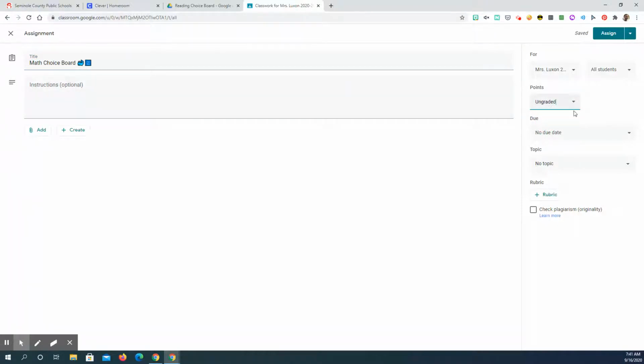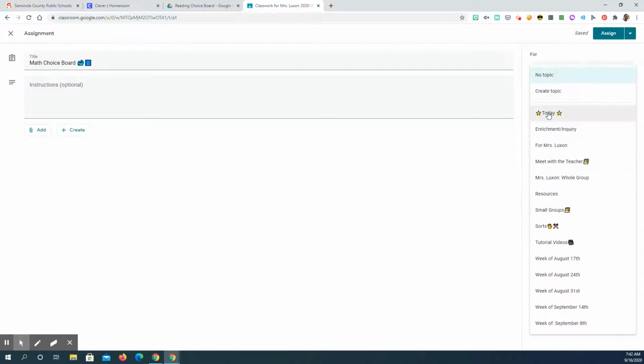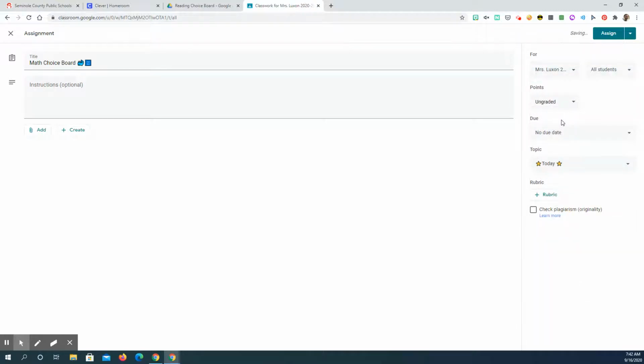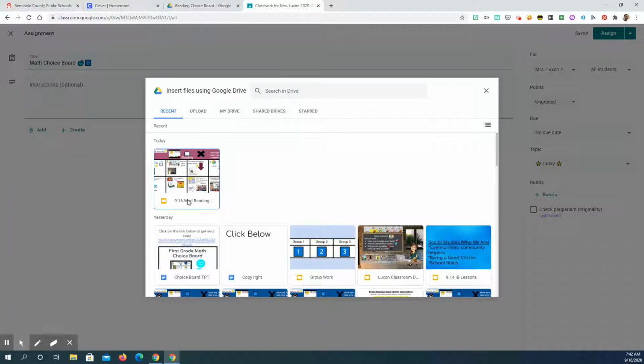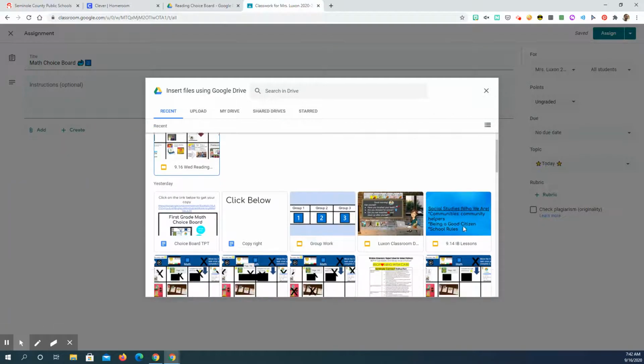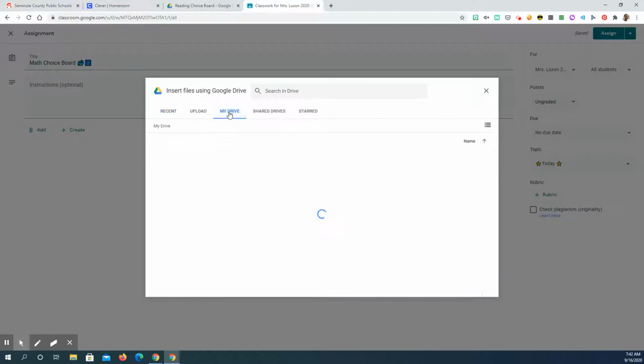I make my assignments ungraded for the choice boards, and I'm going to put it underneath today, so that way they can know that they're going to go to the stars for today to complete that assignment. And then I'm going to add it from my Google Drive. A lot of the times, if you just updated something, it'll come up in the recents. But I'm going to go to my Drive, Classroom,